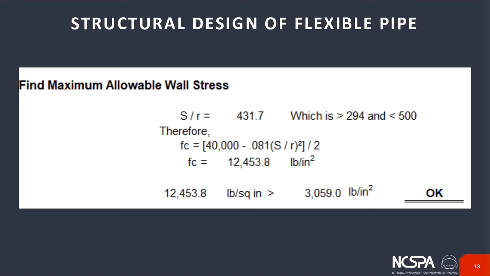It's the span divided by the radius of gyration of the pipe wall. Essentially, the reason we do this is because depending on the slenderness ratio of the pipe,